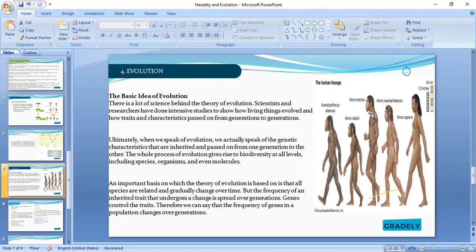From ape. That's evolution. If you can see what I wrote down here in my slide, we have Homo erectus, a man that existed before, and then we have the Homo sapiens, and all that. So all these things go from one stage to the other, till it comes to a particular place where we are today, which is what? The Homo sapiens. Me and you, we are the Homo sapiens. So we started from this, this to this, Homo habilis, Homo erectus, and all that. See, we have what? Homo sapiens. Are you getting it? That's the story of evolution.